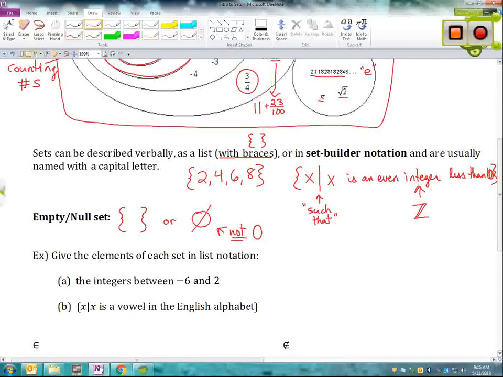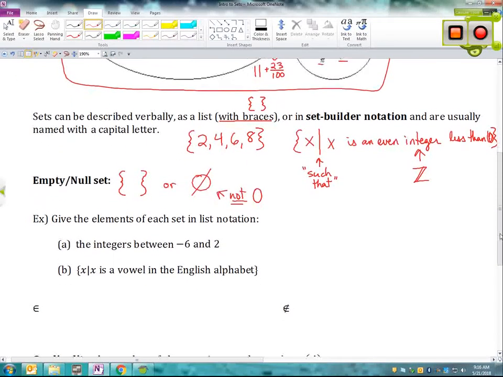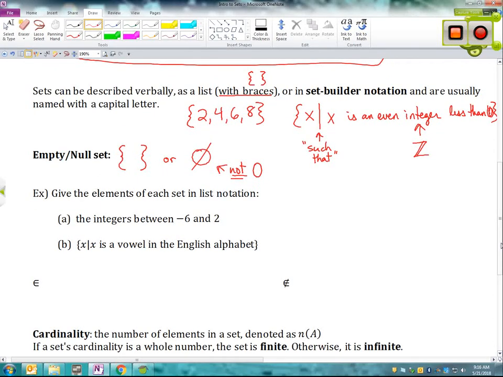Zero is a number, it is a whole number, it is an integer, it is a rational number, it is a real number, it is all of those things. The empty set says there are no values that satisfy whatever our condition is, or there are no values in the set. So those are definitely different, so just be careful with zeros. Zero kind of gets a bad rap as not being a real number, but it definitely is. And one more thing about the empty or null set, we do not want to draw a line here and write this, because that means the set of the empty set, which doesn't really make sense because now there's an entry inside the set, so just don't do that.